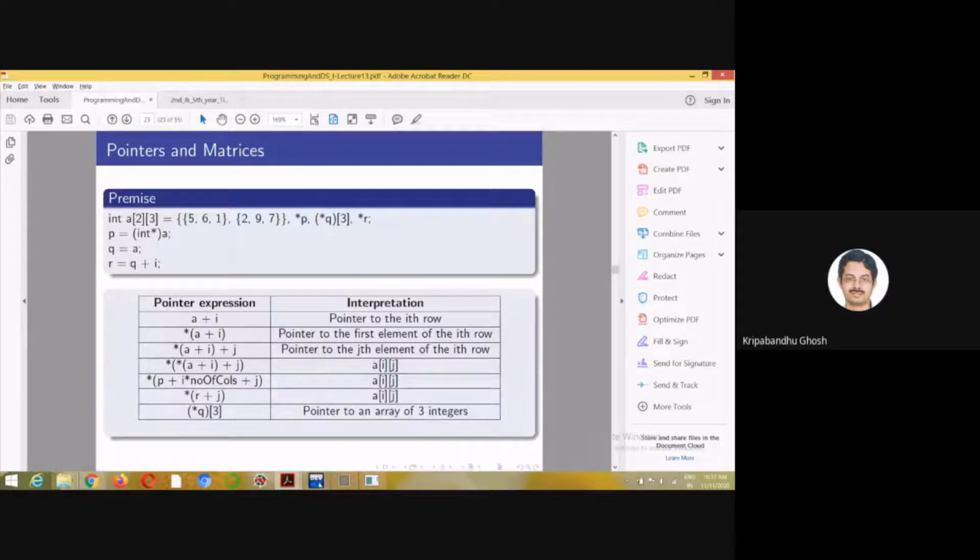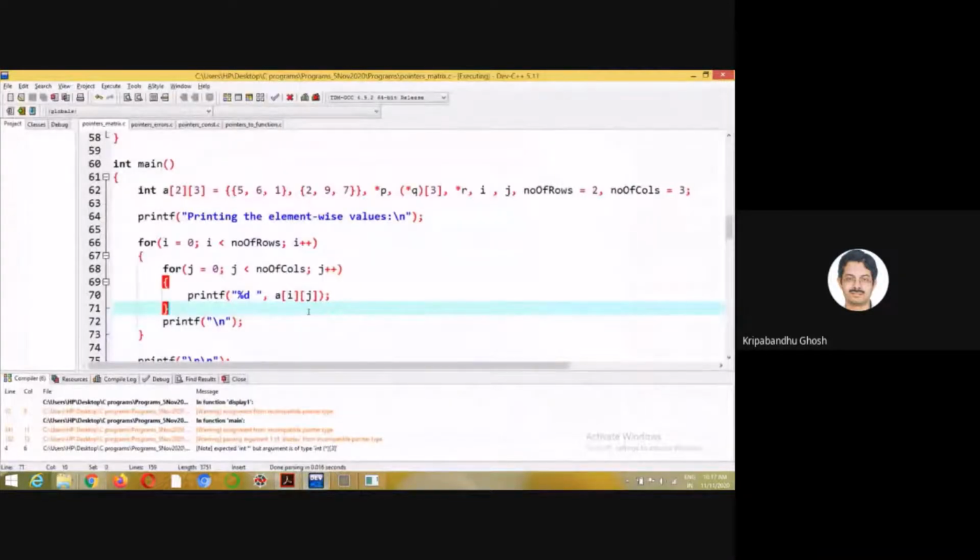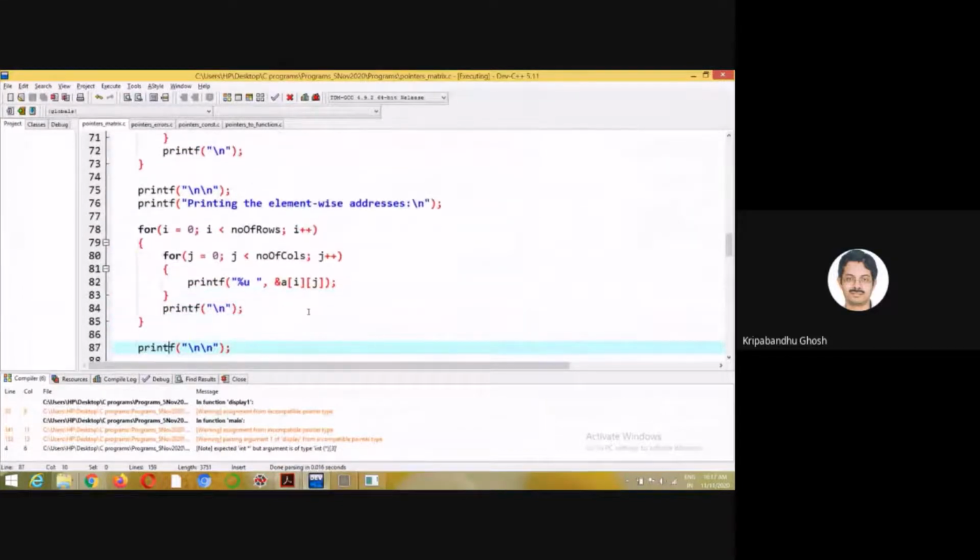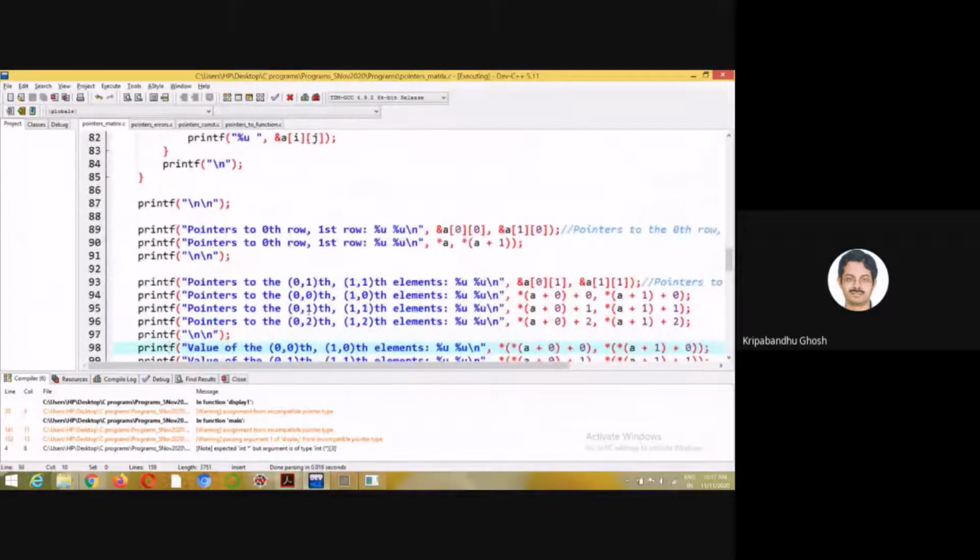So let's see the code. Have a look at this: ampersand A00 and ampersand A10.